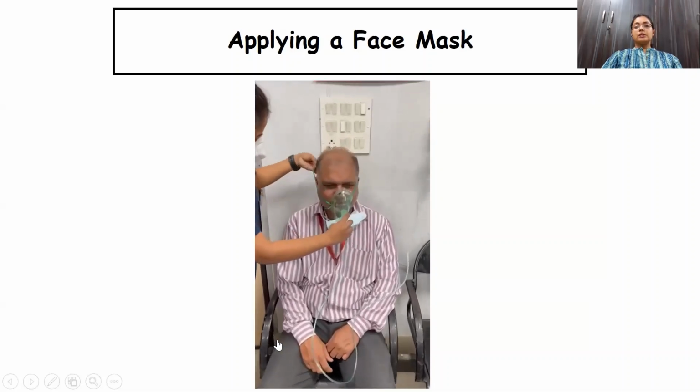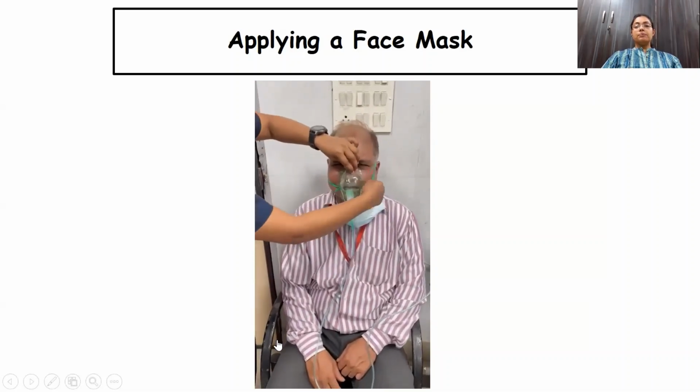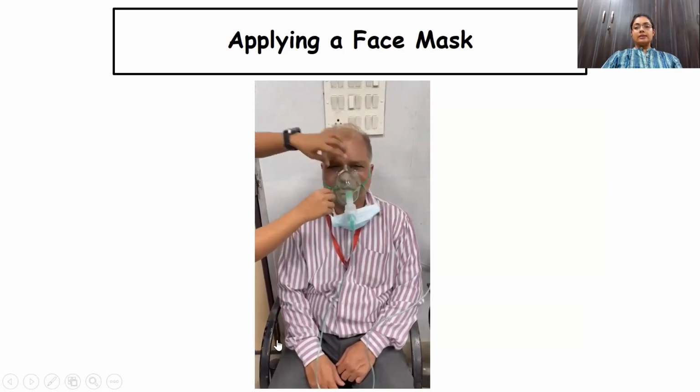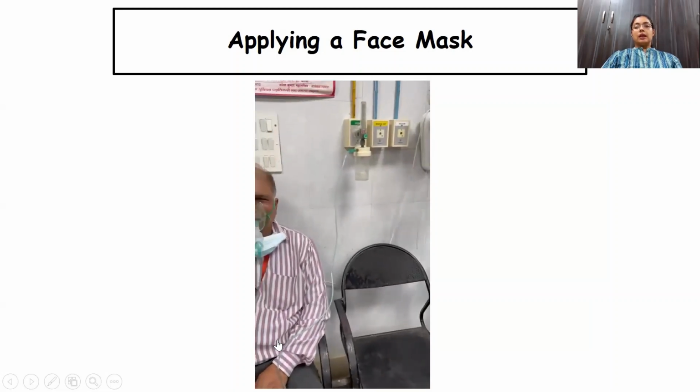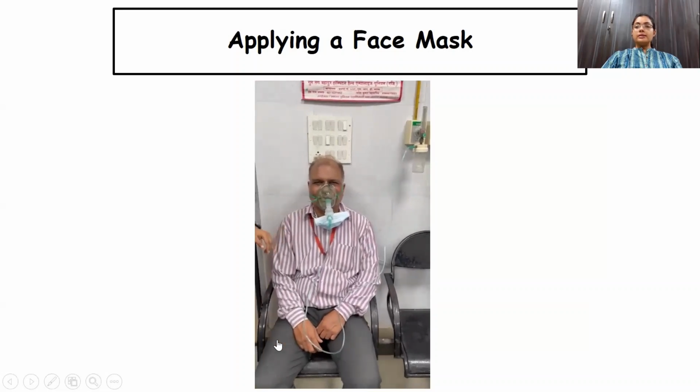Use the straps, take them over the head of the patient, keep them over the ears, tighten them around the mouth, and there is a nose clip, quite similar to the clip that you can see in your N95 mask. You can tighten it around the nose of the patient. The lower part of the mask should be between your lower lip and the chin. So in the groove of the chin it should fit so that there is less leak.